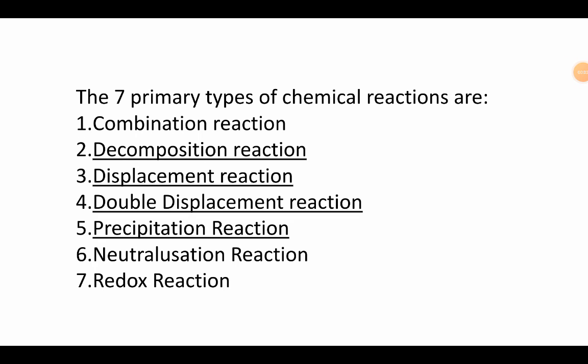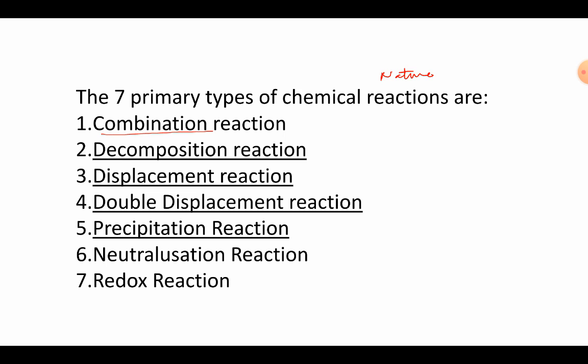Hello everyone. So in today's tutorial we are going to discuss the next topic of chapter 1 of class 10, that is the types of chemical reactions. So basically when we talk about chemical reactions, depending upon the nature of the reaction, every reaction has a different nature. Okay, so depending on the nature of the reaction, a chemical reaction is broadly classified into 7 types, right? So the first type is called the combination reaction, right?